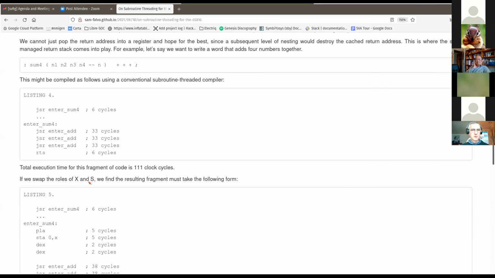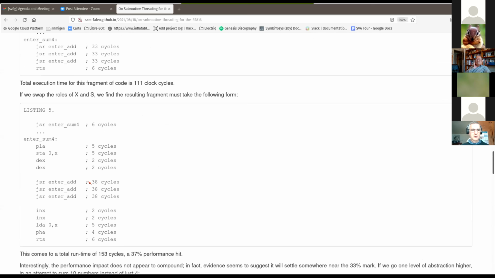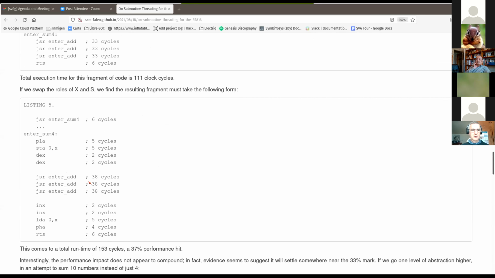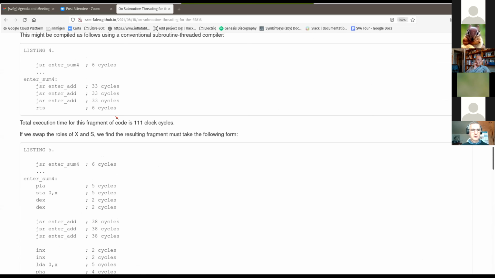Oh, here we go. So this is basically what I wanted to really point out here. If you use S to point to the return stack, then there's no need for stack shuffling or anything like that, because if you use the subroutine call function, the return address is already deposited on the return stack, and so you really don't have any